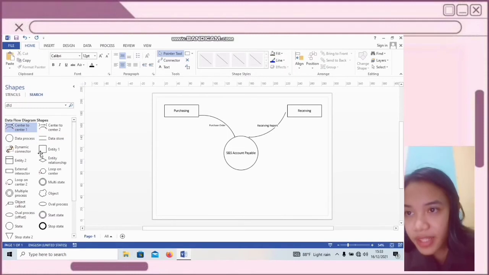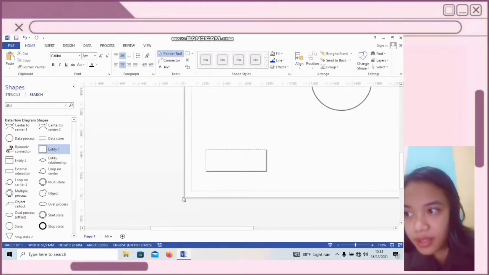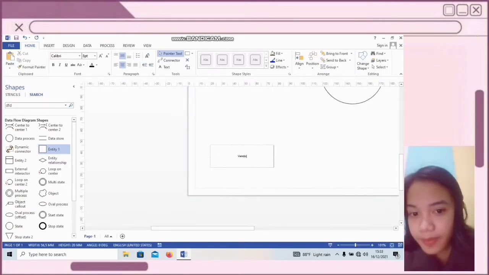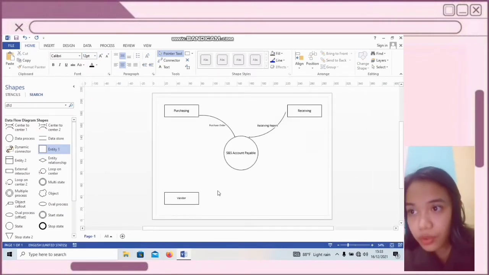Now we enter the vendor section. Firstly, we make a square shape, adjust the size and position, then type vendor. And adjust the size of the text. To connect vendor and system, we use shape arrows.